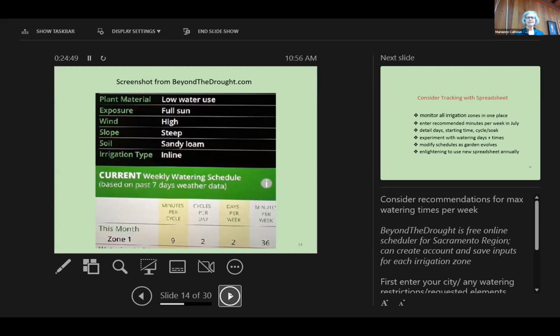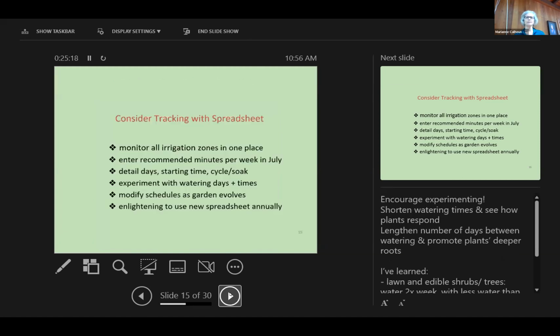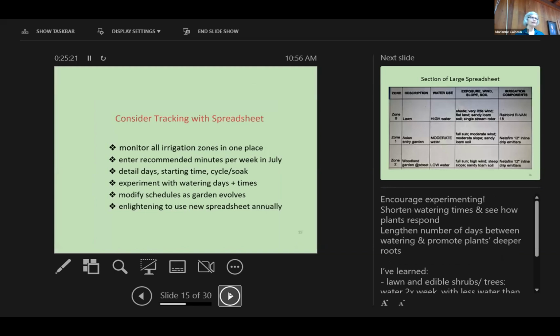All right, so this app, you can use whatever kind of irrigation system you have because it tells you per week or per month, I guess, based on the weather and recent weather, what it suggests. And so this is just a recommendation. And that's where I say, start with that and then play with it, experiment, see what works for your property. And then for me, having 11 zones, which that Beyond the Drought app can't handle, it's too many,